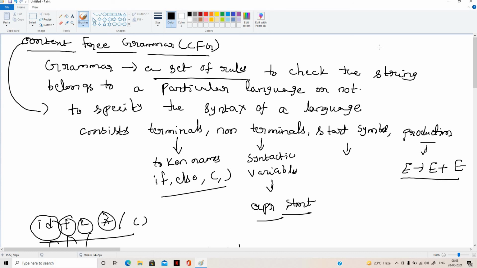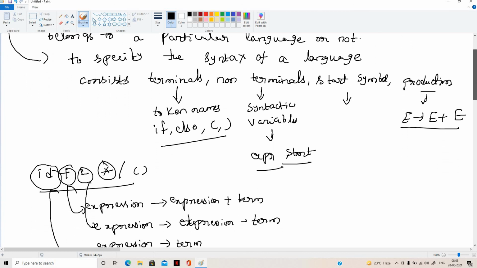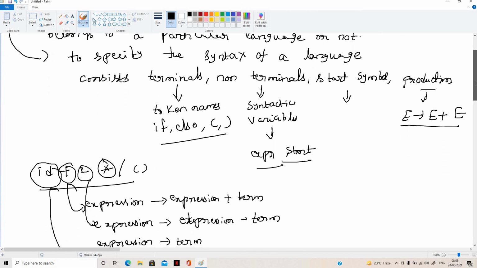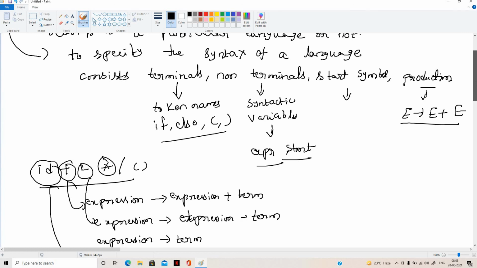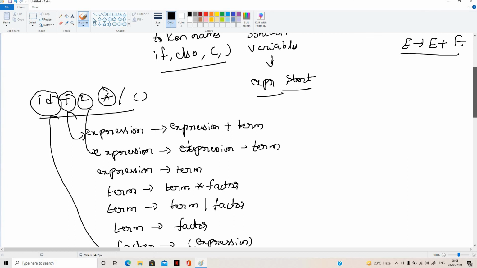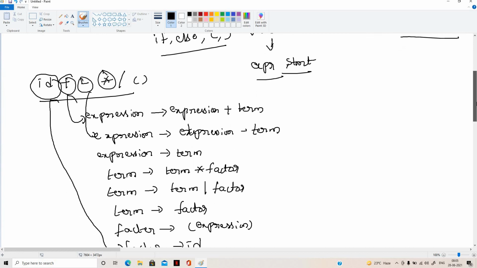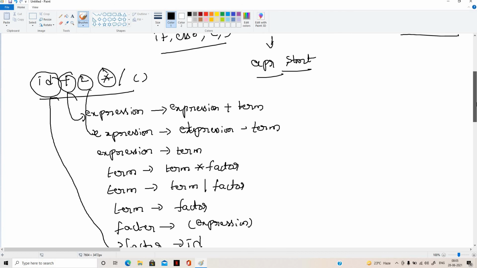The context free grammar contains the terminals, non-terminals, start symbol and production rules. Generally the terminals are the token names, and the non-terminals are the syntactic variables. We also discussed a small example of grammar for arithmetic expressions like id, plus, minus, star, division, parenthesis.